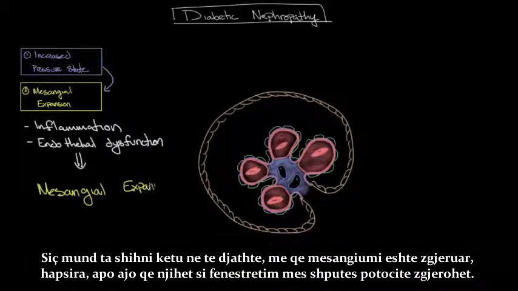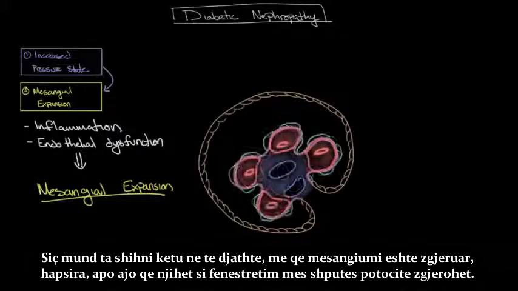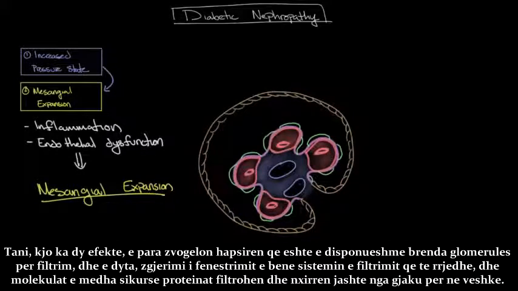expansion. And as you can see over here on the right, as the mesangium expands, the spaces, or what are known as the fenestrations between the podocyte foot processes, expand. Now, this has two effects. First, it decreases the surface area available within the glomerulus for filtration, and second, the dilation of the fenestrations causes the filtration system to be leaky, and larger molecules such as proteins are filtered out of the blood in the